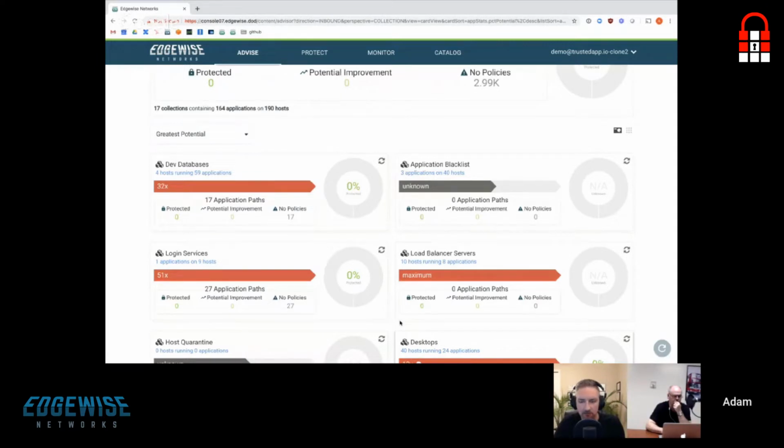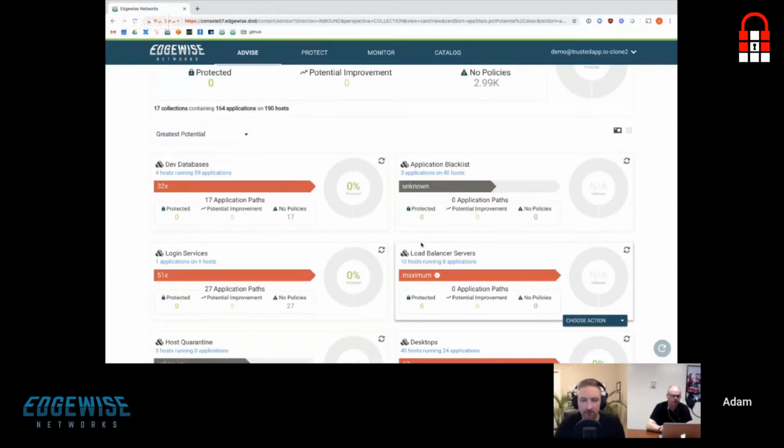And rather than focusing on host groupings to do that, we want to move on to the idea of application groupings, focusing on the workload itself. We have some load balancer servers, but first we want to understand what's running on those servers to actually do the process of load balancing, because that is what we want to protect. We want to reduce the attack surface of these servers by only allowing through that which is needed, the process that is doing the functionality we expect from the business application.